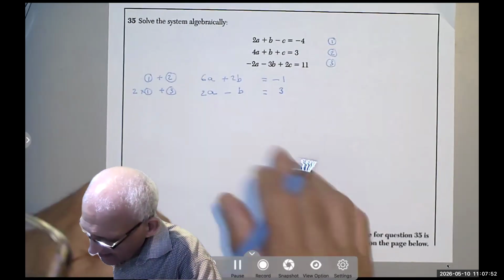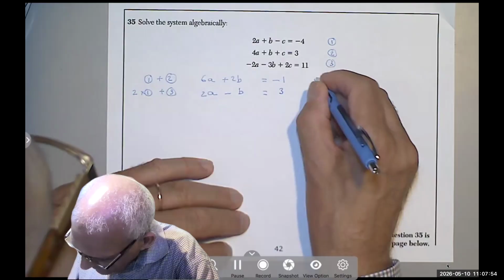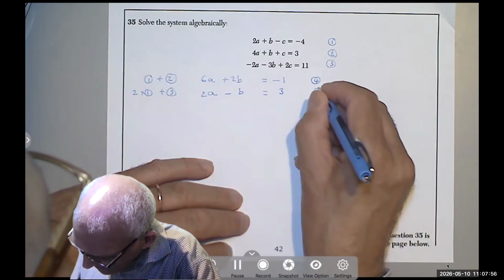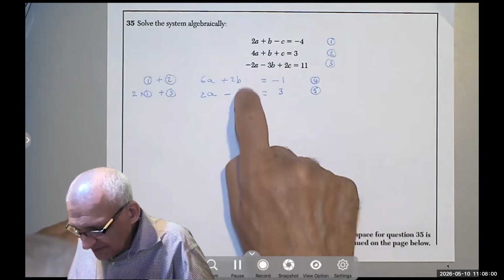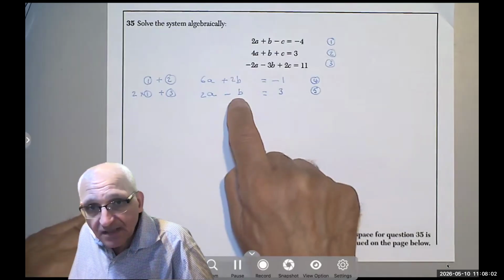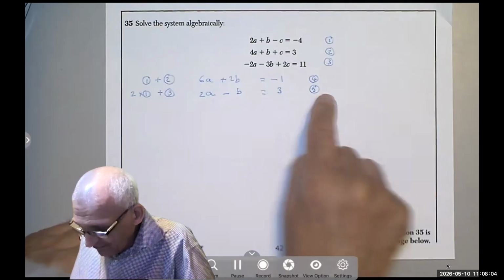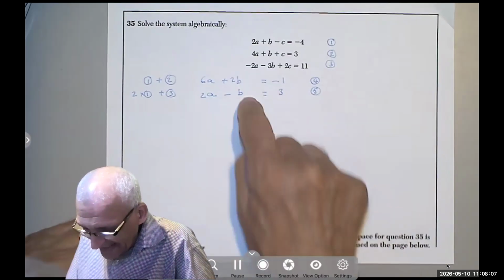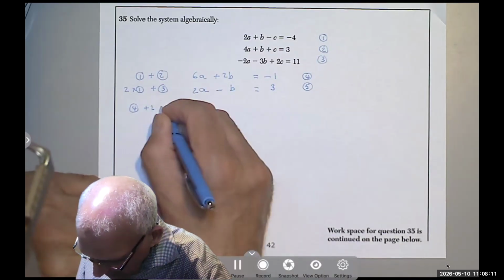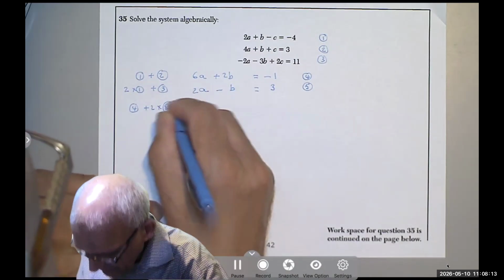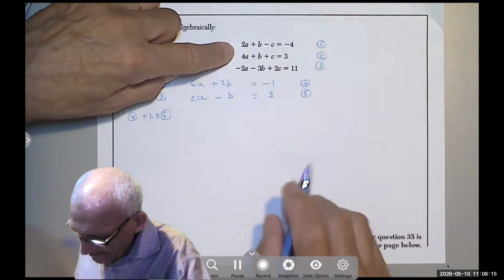And then I'm going to call this equation 4, and that's equation 5. Now, do you see that I have 2b and negative b? So if I multiply 5 by 2 and add it to 4, so 4 plus 2 times 5,